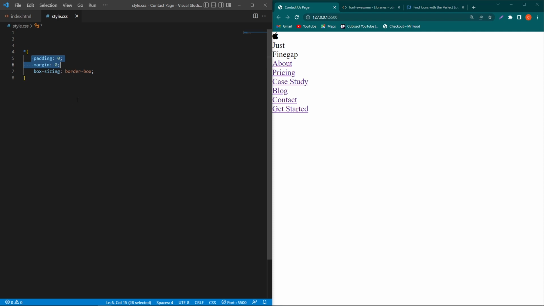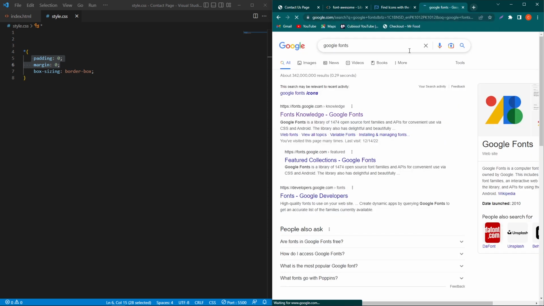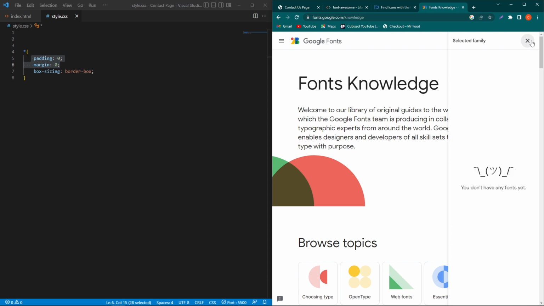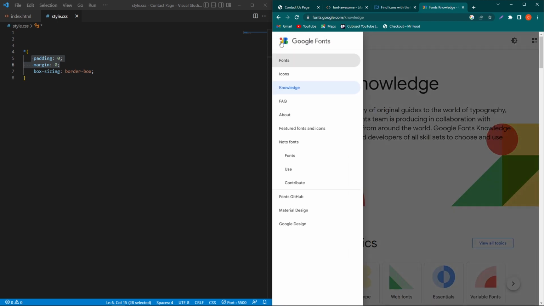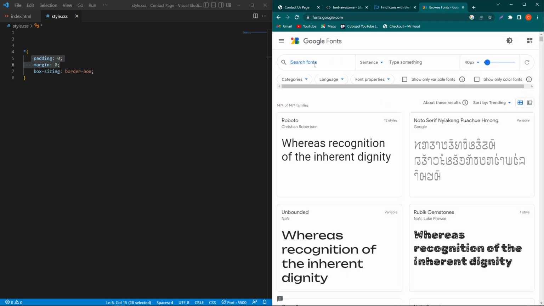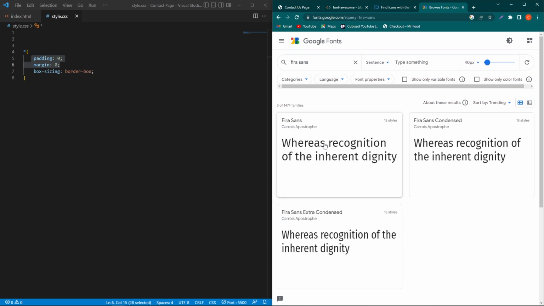And next we need to add a Google font here. To add the Google font, search here Google Fonts, click on the first website, and here click on these 3 bars. These are the old fonts that I have added. First of all, I will remove them, and now click on these 3 bars and select fonts. Here you can search for your desired font. Like I will type here my font name, hit enter, and I want to use this font in my